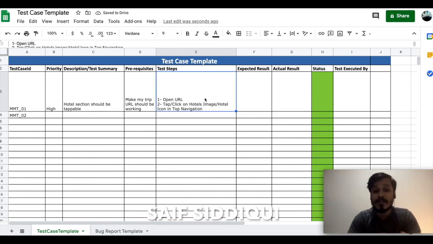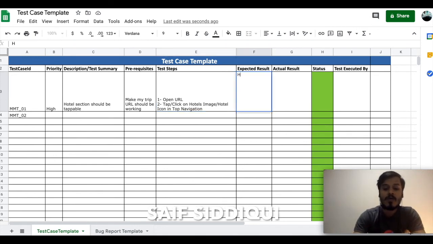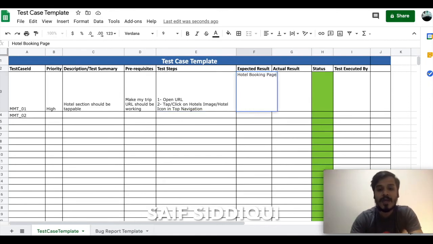Once I do this much, what am I expecting? I am expecting that I should successfully land on the hotel booking page. So the expected result is: hotel booking page should open.